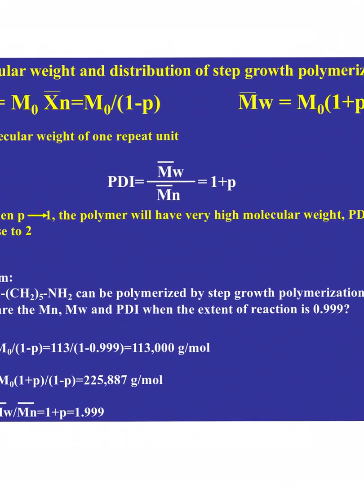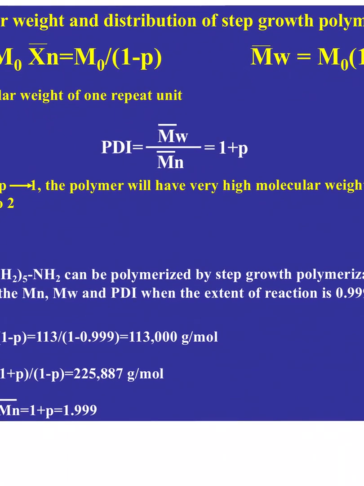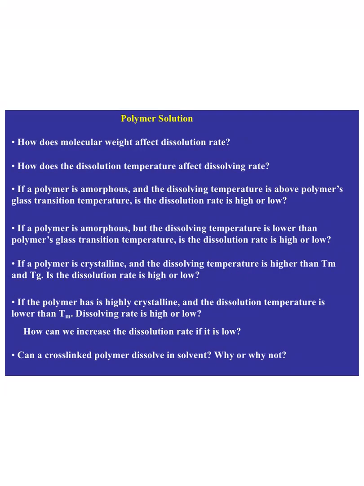And then we have these issues associated with the molecular weight and the type of polymerization, in this case step growth polymerization. And an example given here involves computing for this particular polymer when a given extent of reaction is provided, and cranking out the M sub n and M sub w and PDI along with that. Pretty straightforward stuff once you have the numbers in front of you. Okay, and then more recently,